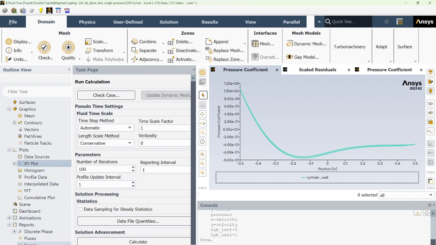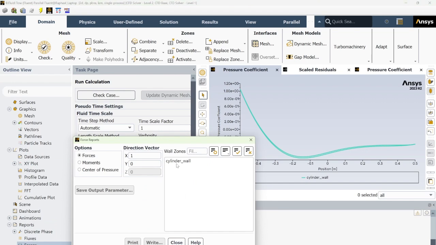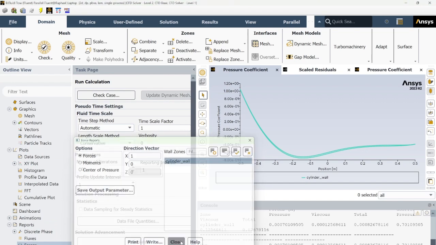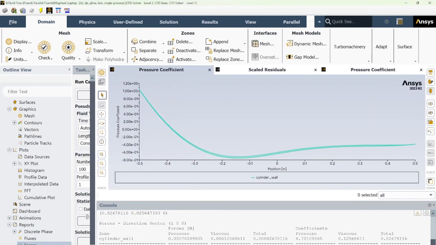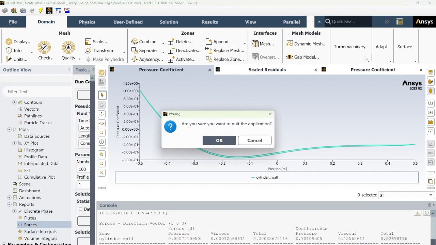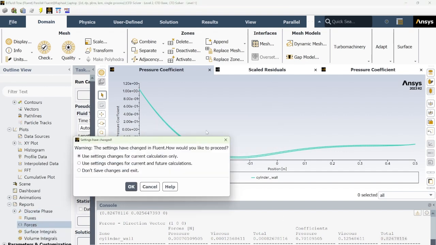And we can go down to our forces on the cylinder wall and it should be somewhere near 1.2. It's not there, but this number should be higher than the turbulent flow coefficient of drag, which we will prove now that it is. So now that we have that, we can go ahead and